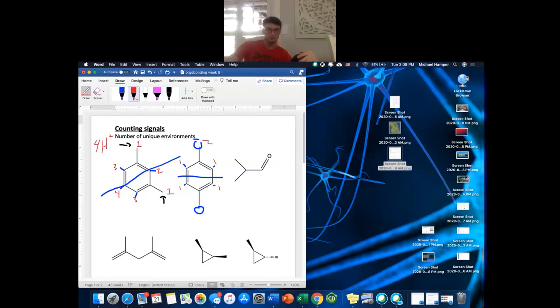So 2 and 2. So in this structure, you have 2 HNMR signals. And he could ask you for carbon, but you're going to really focus more on that in organic chemistry 2. But just in case, you would do the same exact thing, except you would disregard the hydrogens and just count carbons. But anyways,